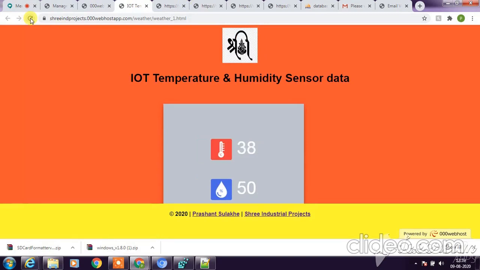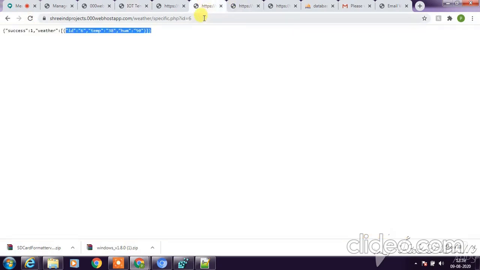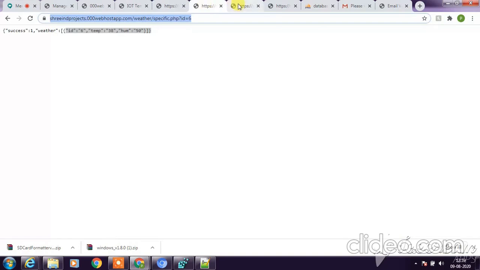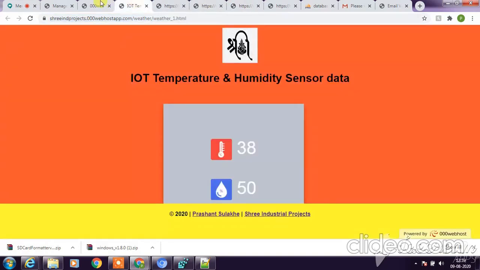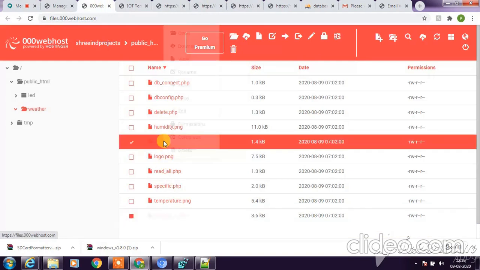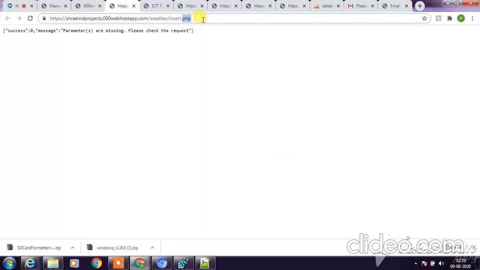So the last value whatever I send is 3850. It is shown here. Example, you want to send some more data, so I'll go here and I'll replace insert, right? So I'll send some data. For this example, I'll go to view, I'll send some data.